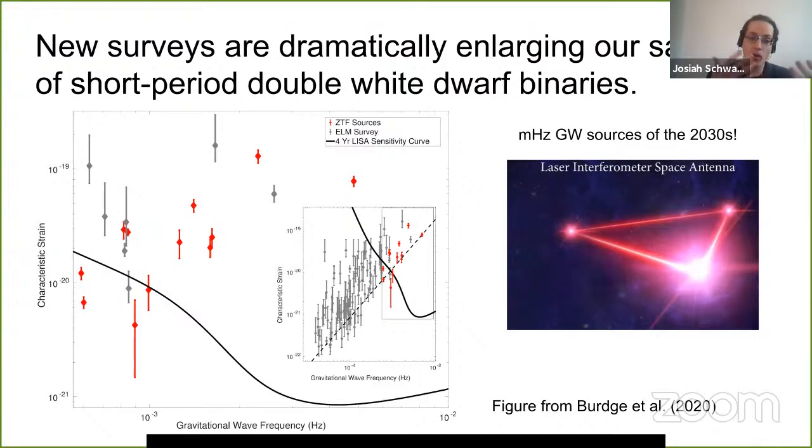And so we already know of binaries, of double white dwarf binaries. Many of them are shown in this plot as a function of their gravitational wave frequency and basically how strong the gravitational wave signal is. And all the things above this black line are binaries that, when this LISA mission flies, will be verification sources where we know that there's going to be a gravitational wave source at the location of this double white dwarf